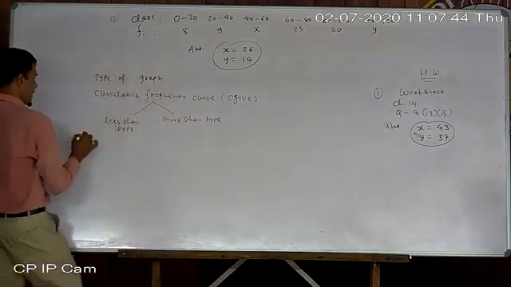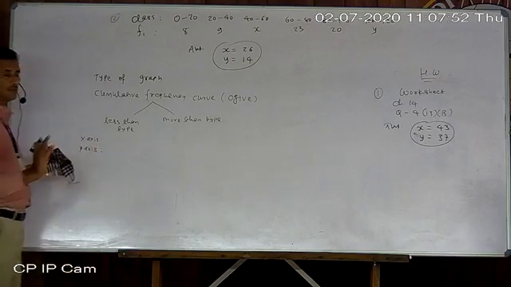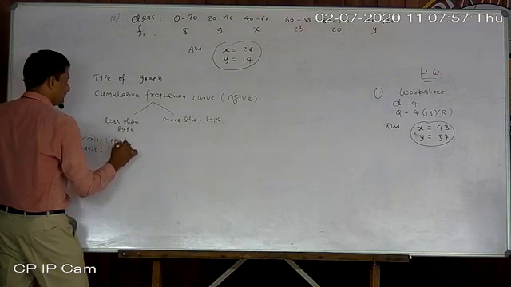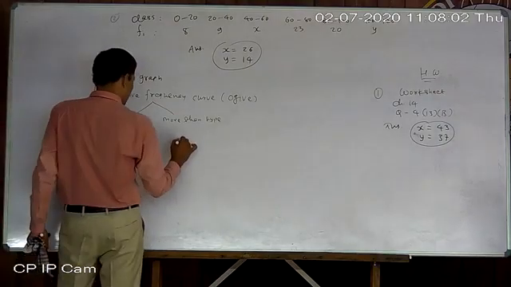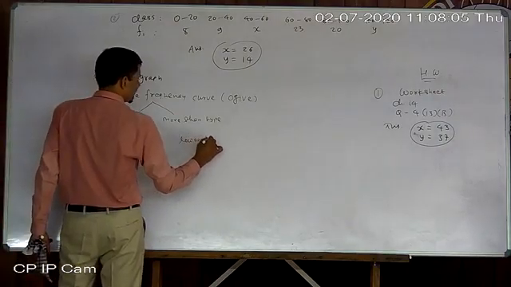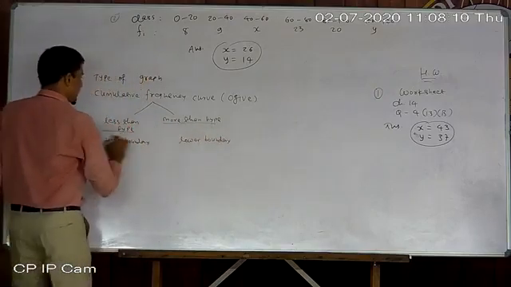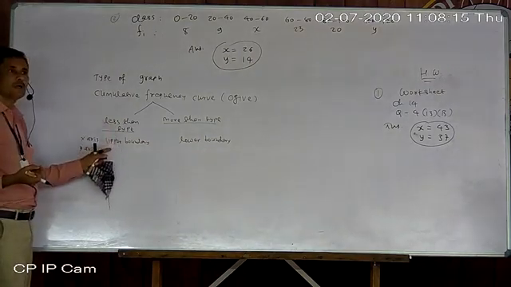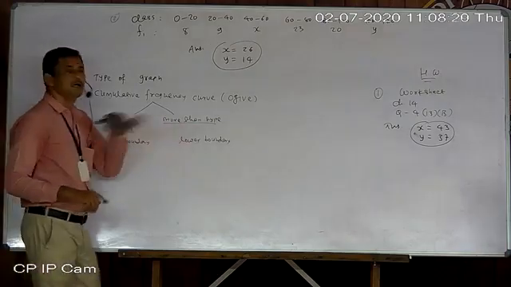Here I am telling you what is taken on the x-axis and what on the y-axis. This is just for objective questions related to graphs. In less than type, the upper boundary is taken, and in more than type, the lower boundary is taken. Any one boundary is taken, but you have to remember which type of graph uses which boundary. Less than type, upper boundary; more than type, lower boundary.